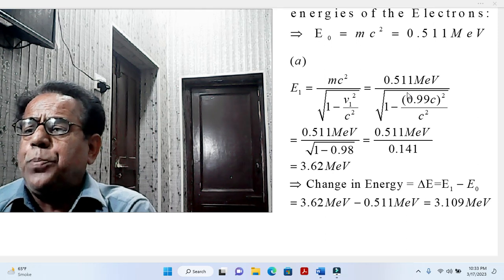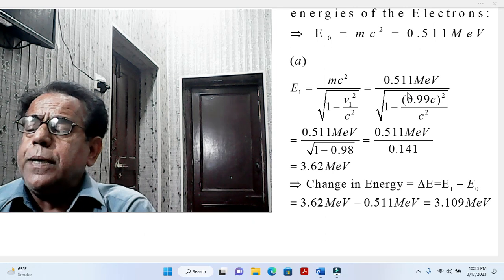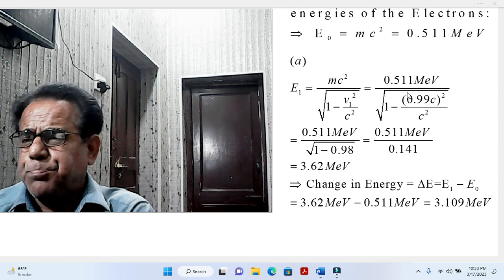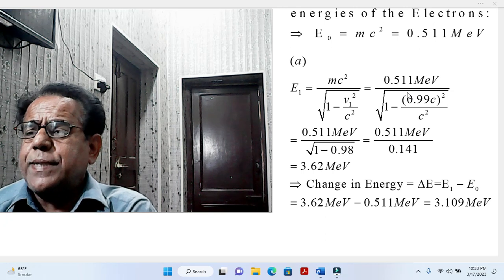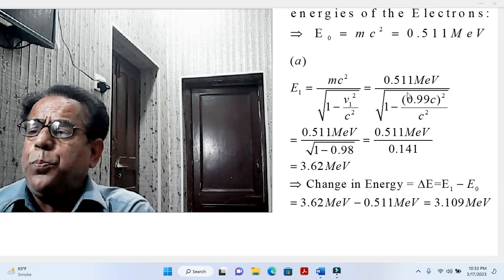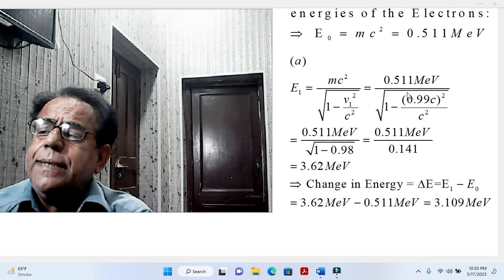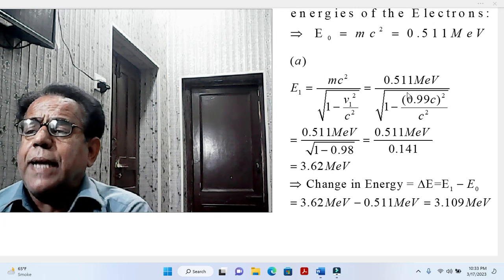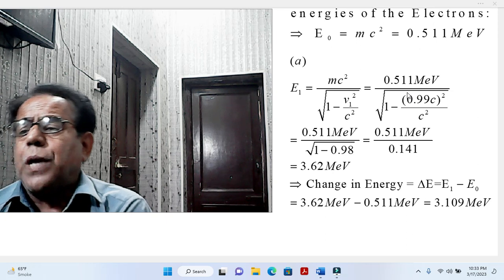What is this 0.98? This is actually the square of 0.99, which is 0.98. Quite a small difference. That is to say, if we multiply 0.99 with another 0.99, then we will get the result 0.98. And then we will subtract this value from 1,